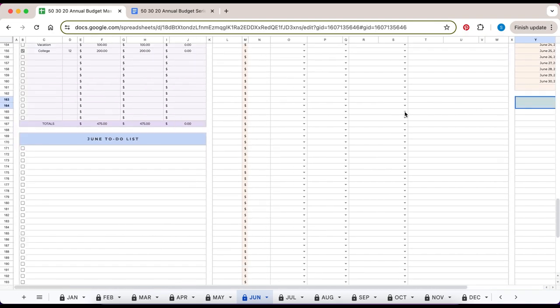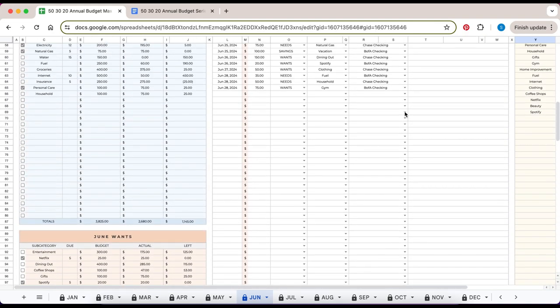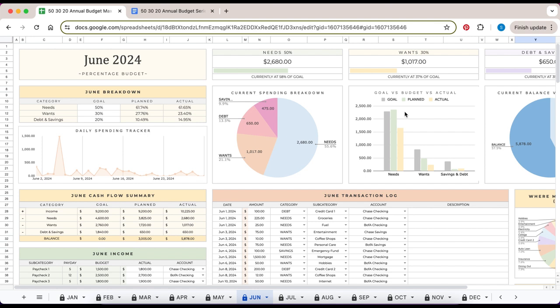The last thing I want to mention is what to do with the monthly tabs that you don't use. Perhaps you start your budget in May of this year. You can hide all of the monthly tabs before May without compromising any functions, just to make your space easier to navigate. All you have to do is click on the down arrow of a tab that you want to hide. So I'll choose April,